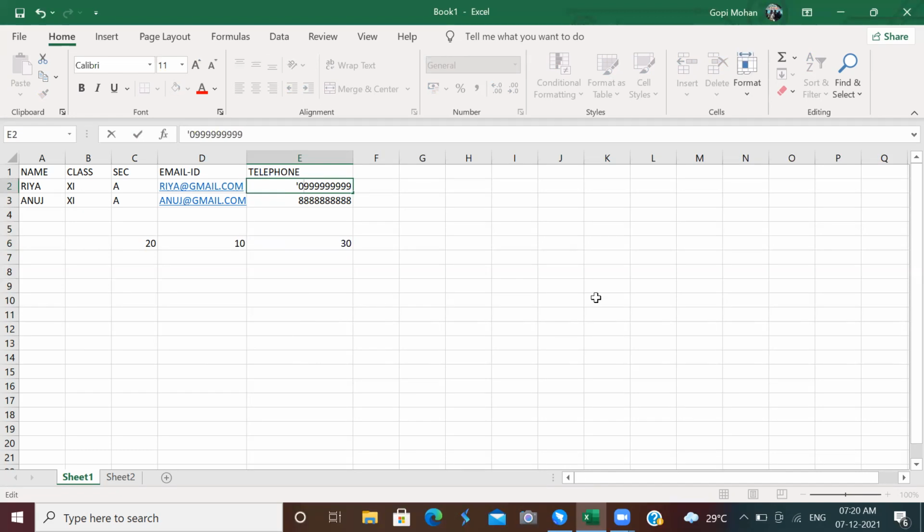Single quote and then zero. See here, single quote and then zero. Automatically the zero is added. But that value is defined as what? A label. That value is not a value, it is a label. Okay, before entering any value with a leading zero, you have to use a single quote. Okay. Next,